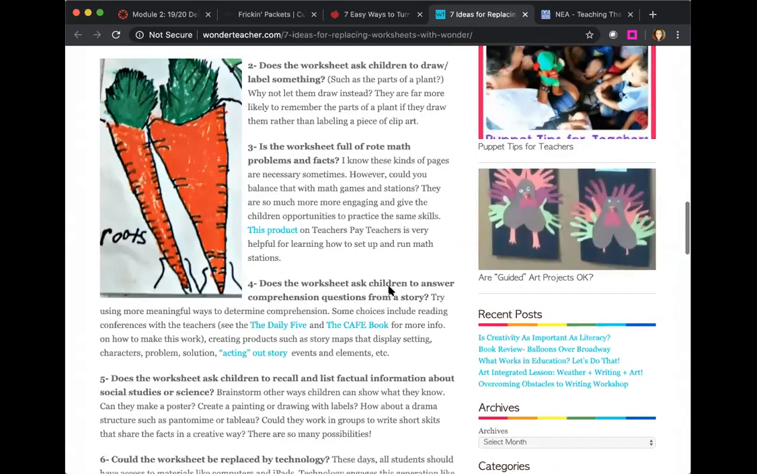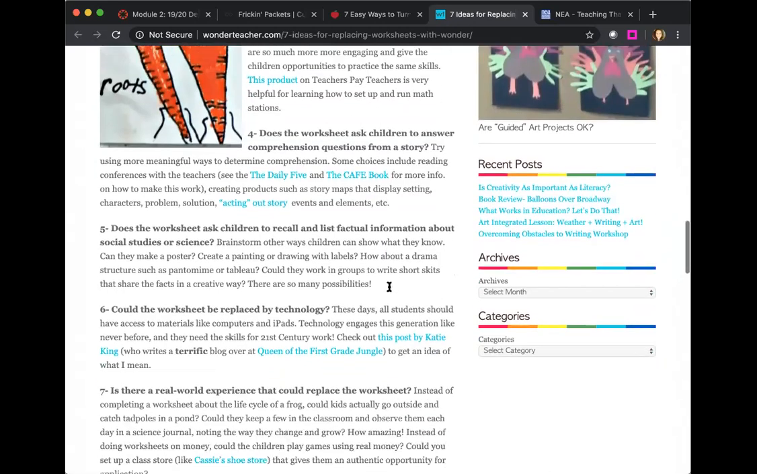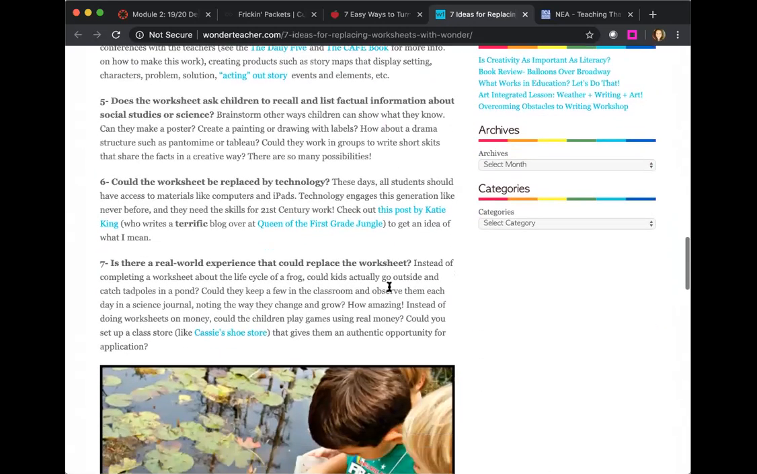And she has some really thought-provoking questions in there. Are we asking children to recall and list factual information, or are we challenging them to problem solve, demonstrate mastery, and really think about connections to the real world? So those are some ideas that you can use for switching your